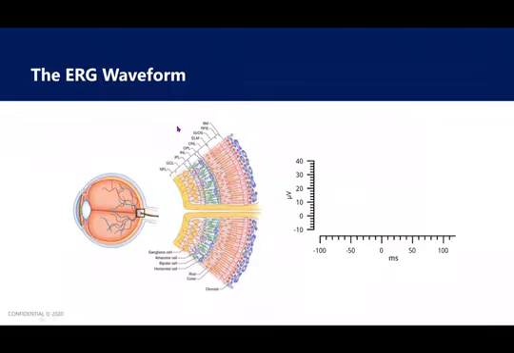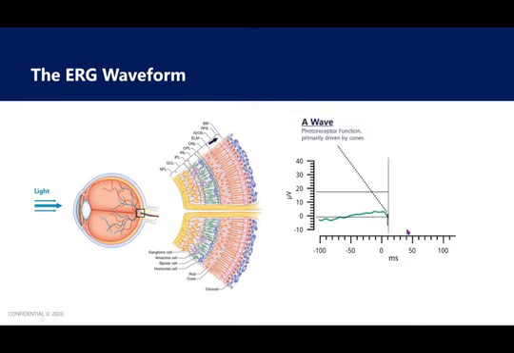This illustration shows how light travels through the eye and the retina and how that corresponds to the ERG waveform on the right-hand side. The ERG waveform is represented in time on the x-axis in milliseconds and amplitude on the y-axis in microvolts. As light travels through the eye and through the layers of the retina, it triggers an electrical response in the photoreceptors, which you can see here on the waveform is indicated by this A wave, this first